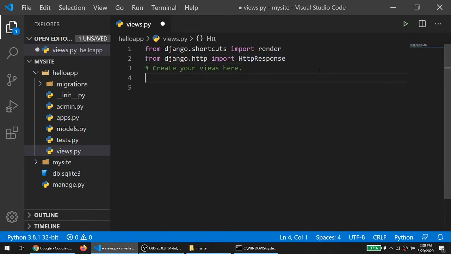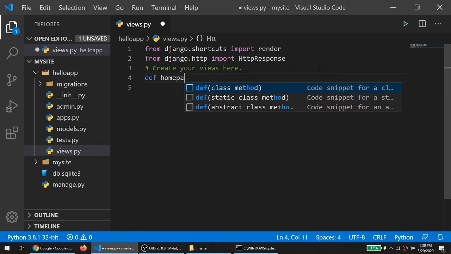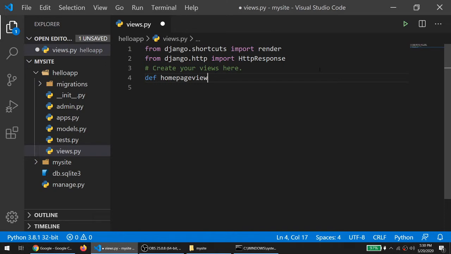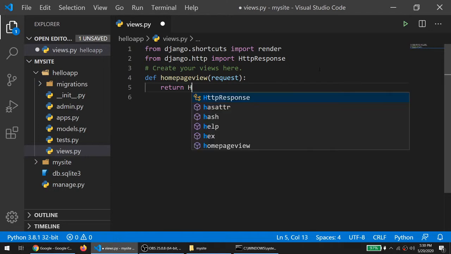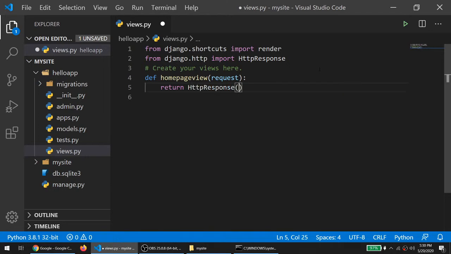First we have to import the HttpResponse, and then we have to define one function with the help of the def keyword, and here I will specify my function name, homepage_view, and the function will have a request. Whenever I get a request we have to specify one return, and the return will be HttpResponse, let's say, welcome to my website.